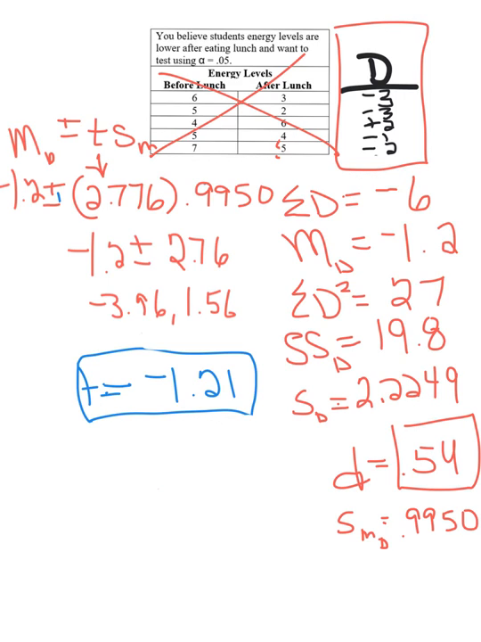That was 0.54. And it's actually a negative, but I usually just drop that negative. Our lower boundary is negative 3.96. Let's go back again, upper is 1.56. So here's where I'm looking at those. We're going to write our results, and it's going to be energy levels of students were not